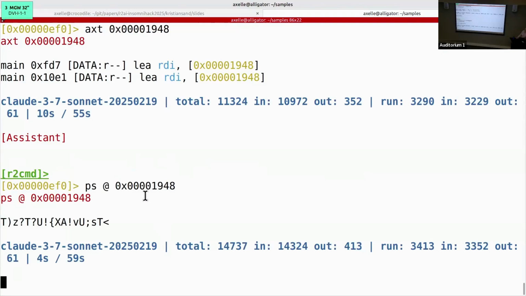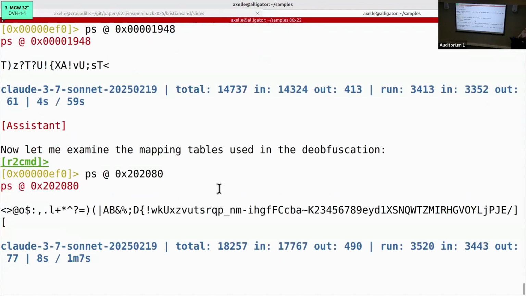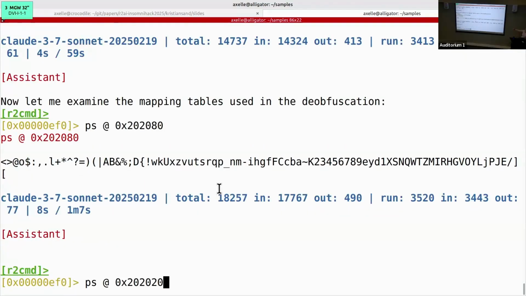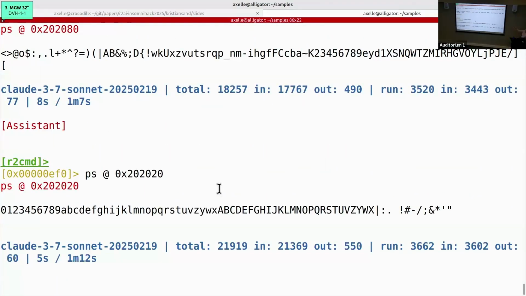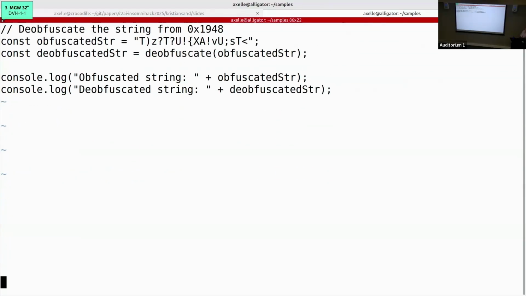And this is the correct command. And here, this is the obfuscated string. Now we let it do a little bit of its work. You see, here it is sending R2 commands to us. Then it builds a script, a JavaScript, to deobfuscate the string. I just have to review that and change it a little bit if I wish, and accept to run it or not.